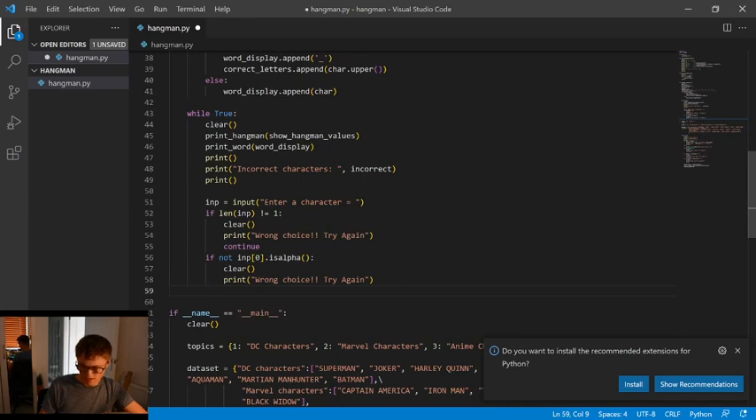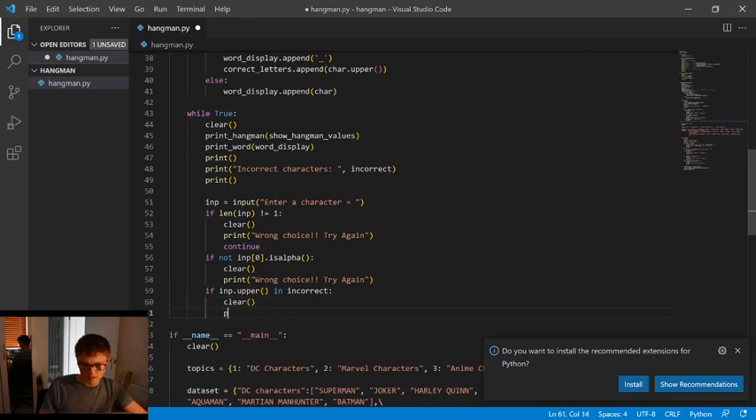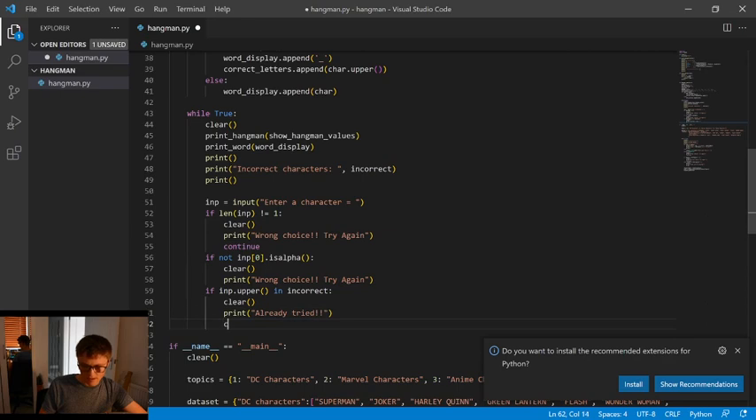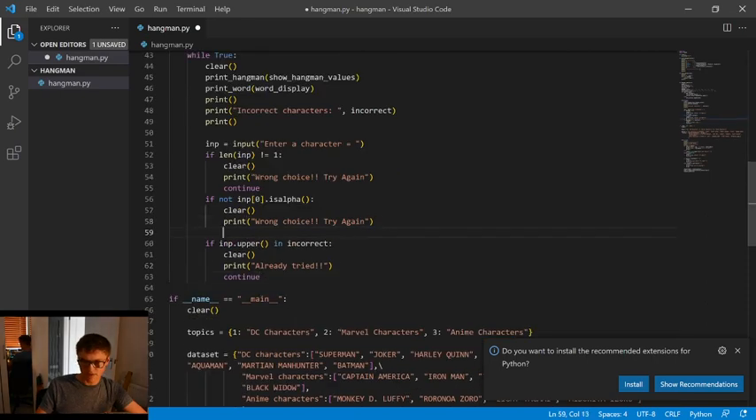And then finally, if inp.upper is incorrect, they've guessed the wrong letter. So, well, they've guessed one they've already tried, sorry. So let's just print already tried, and then continue. I should have had a continue here as well. Okay,